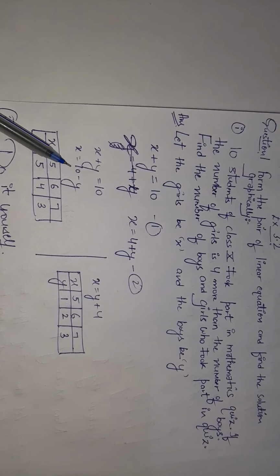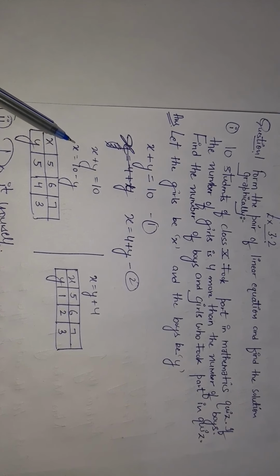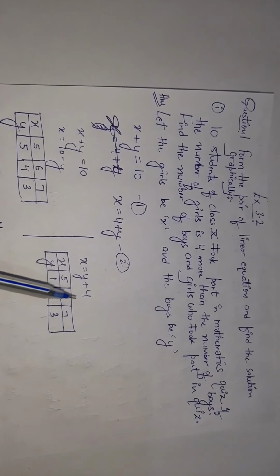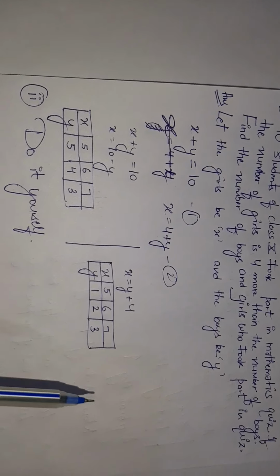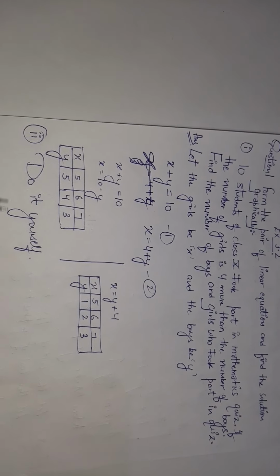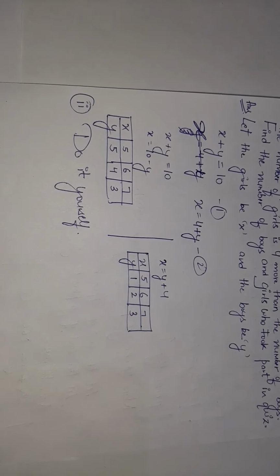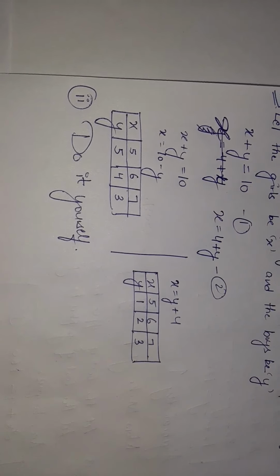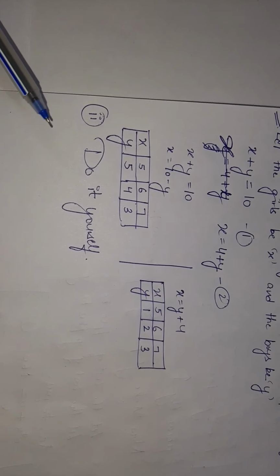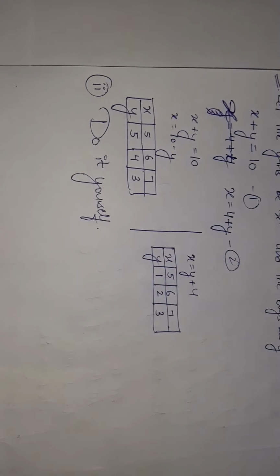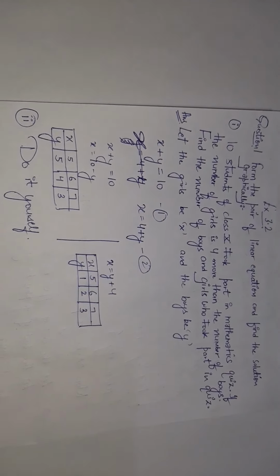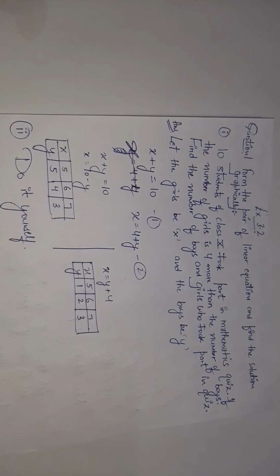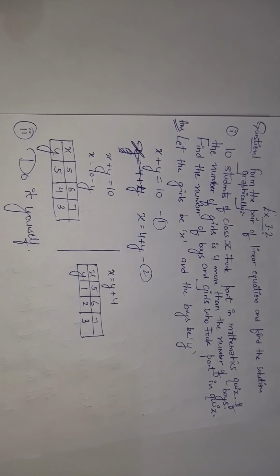Change it into x is equal to 10 minus y. You can bring x also here. Don't worry about that. The second equation is x is equal to y plus 4. You can make the graph. Plot the points also. Got it? Just make the graph of these points. The second part is the same as we have done for the third part of exercise 3.1. Do it yourself. Complete this. Later on I will be uploading more questions of this chapter. God bless you, all of you.